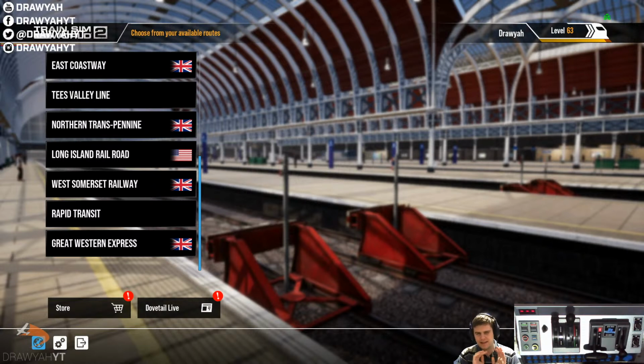So today I'm doing something a little bit different, a little bit away from the pre-built scenarios, and actually going to showcase a few things that I've been doing in the background in Train Sim World. As you guys know, we now have the Class 395 for the Southeastern High Speed, and the Class 377 off